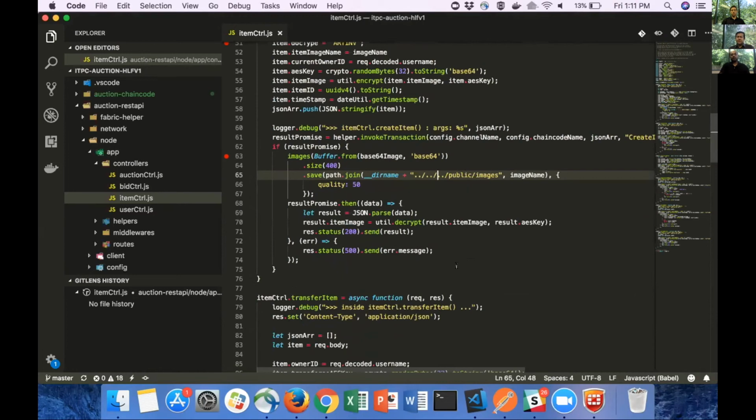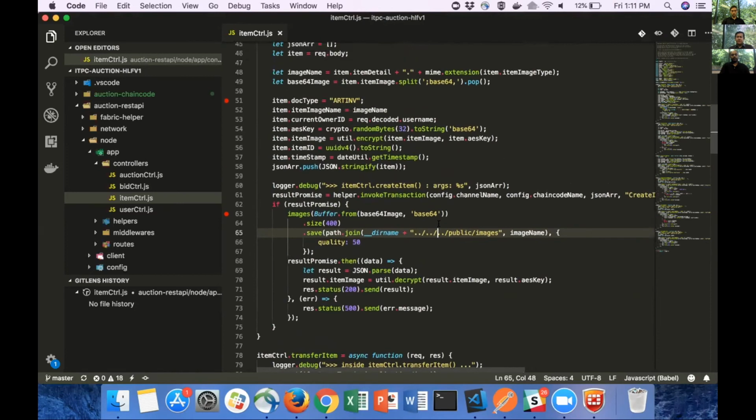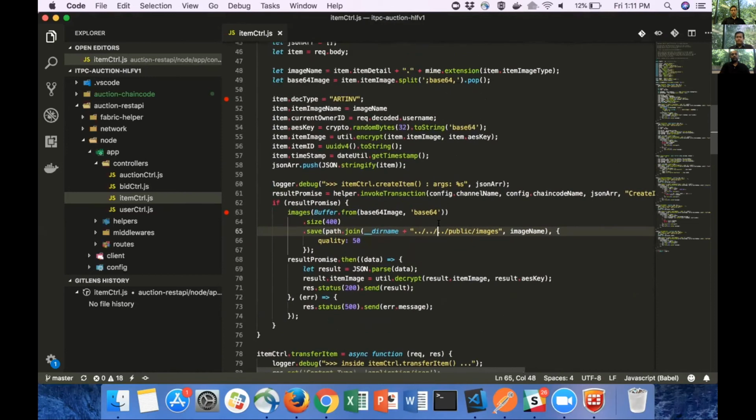So Sandeep, the invoke function is a chain code API call, right? That is the call that the Fabric chain code API provides for you to record anything on the blockchain. That is correct. Or process a smart contract function. That is correct. So that is what I'm going to show you, what happens when an invoke transaction happens on the node. So let's move on to the chain code and see how it exactly works.